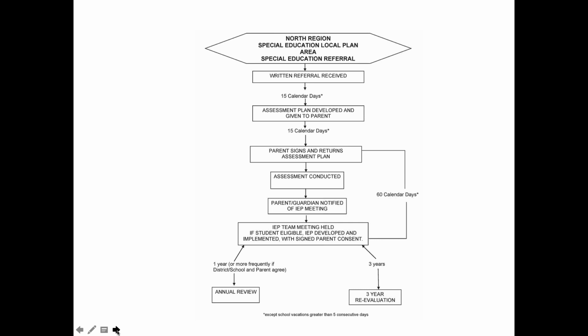And a written referral just means a request to have your child evaluated. Usually the phrase we use is, in all areas of suspected disability. So, evaluated in all areas of suspected disability. And then usually we ask the parents to write out what specifically they're concerned about so that the school district has an idea of what their child needs to be evaluated in. But the districts also have experience with the children, so they should also have a good understanding of what the child should be evaluated in. The evaluation should be covering all areas in which the child may have a disability.